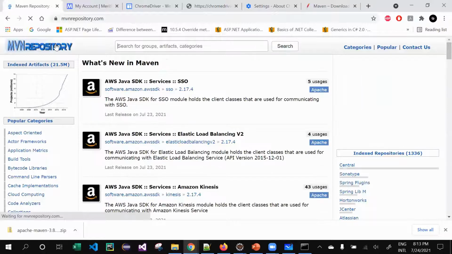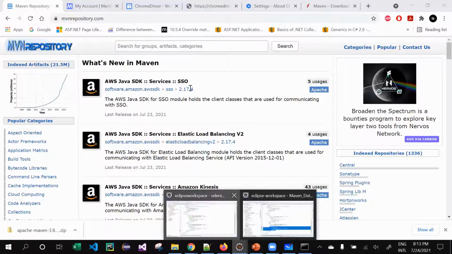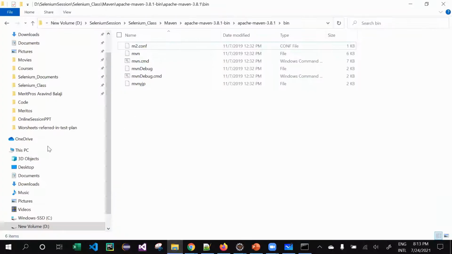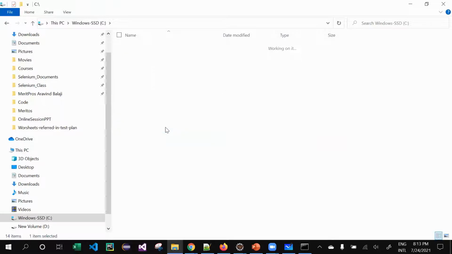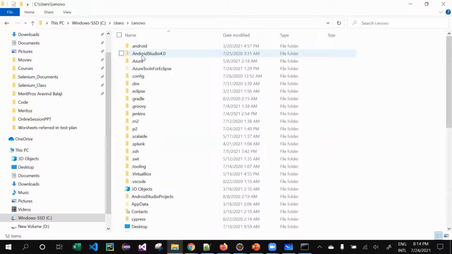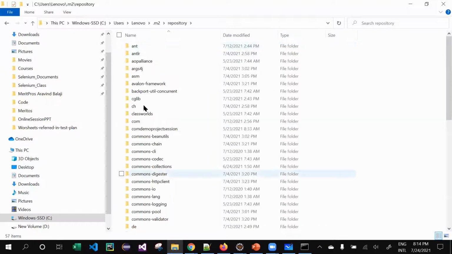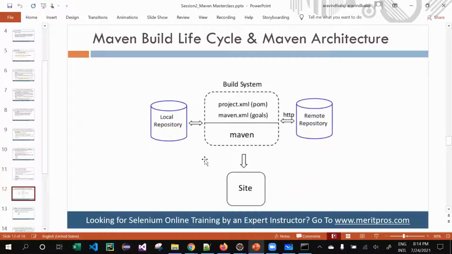Whatever you mention inside your pom.xml gets downloaded from the central repository into C, Users, your machine name, Lenovo. My machine name is Lenovo; for you it might be different. In the .m2 repository, it will be downloaded over here. This is what the simple diagram explains to you.